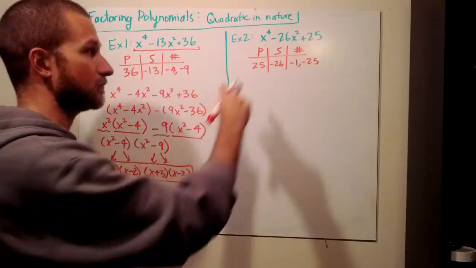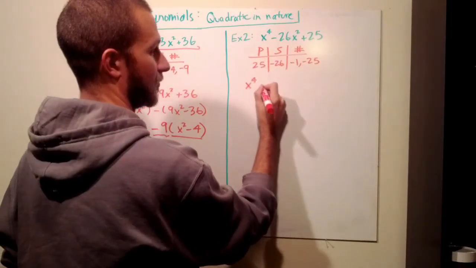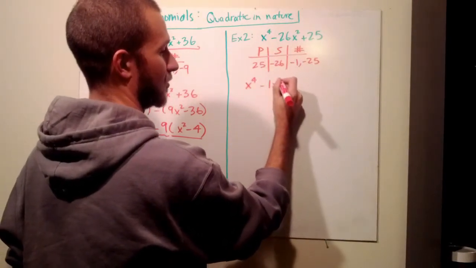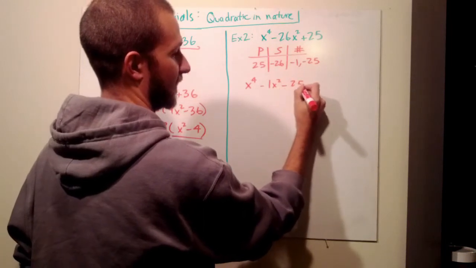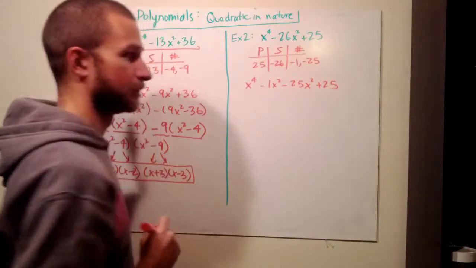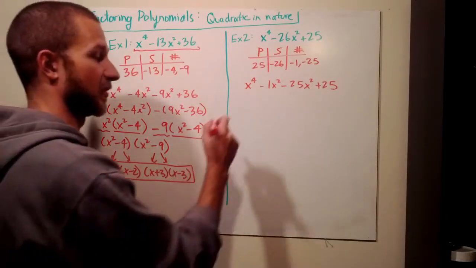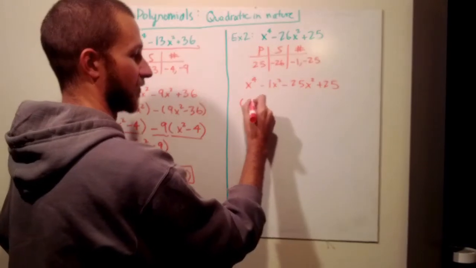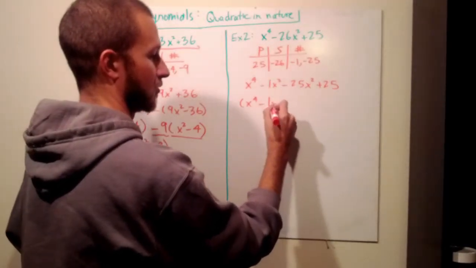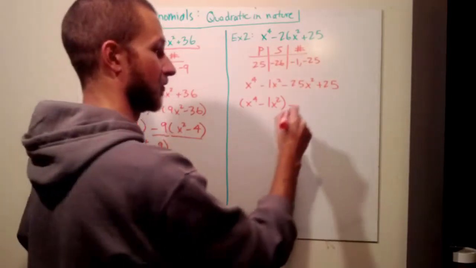From here, I'm going to split the middle term now. X to the fourth minus 1x squared minus 25x squared plus 25. Just splitting the middle term there. Next is to group these together. So my first group minus my second group, being mindful of the negatives,